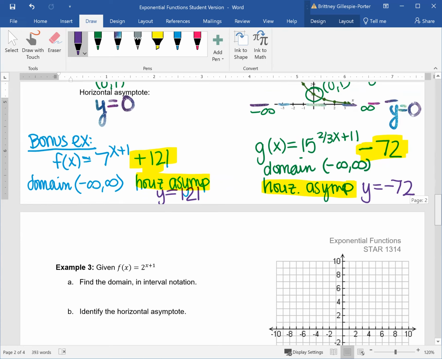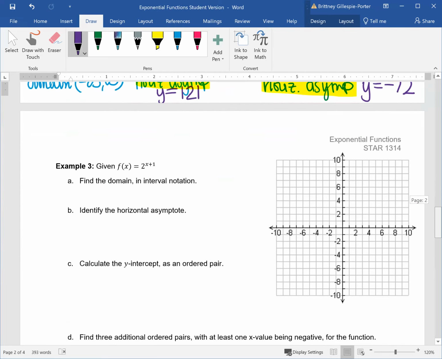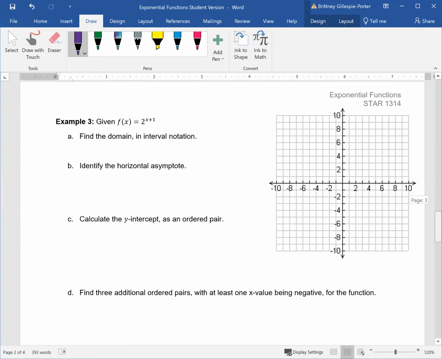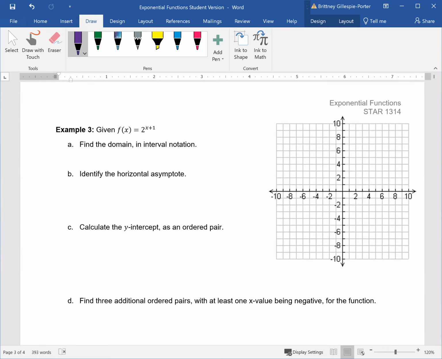Let's put this all together and see how it goes when we graph it ourselves. Okay. So we have example number 3. It is an exponential because the variable is in the exponent. Because it is an exponential function, we know that the domain is immediately negative infinity to positive infinity. With the horizontal asymptote,